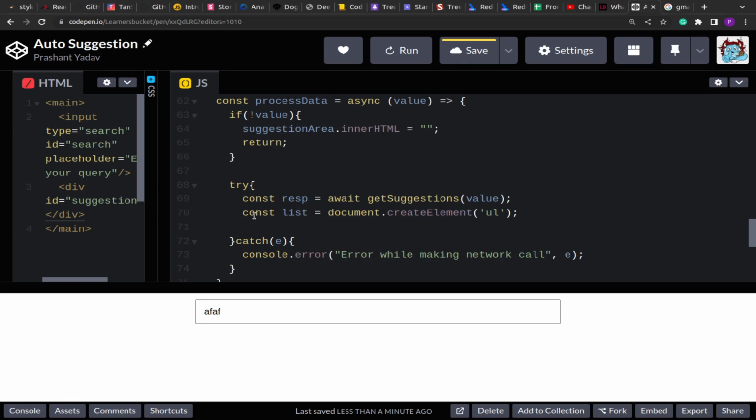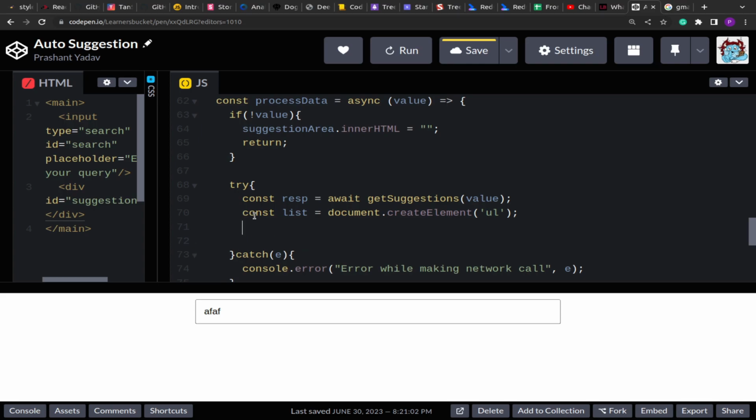This is one of the performance issues that we have to keep in mind, and depending upon how you write the code, how you consider things while implementing any feature or creating any application, showcases your knowledge, and it really matters during the interviews as you grow senior. So you have to keep those things in mind. Now here I can either create a fragment or I can create any element, and inside that element I'll do all the processing, and then finally I'll add the element to the suggestion area. So rather than creating a fragment, I have created a UL, a list, and then